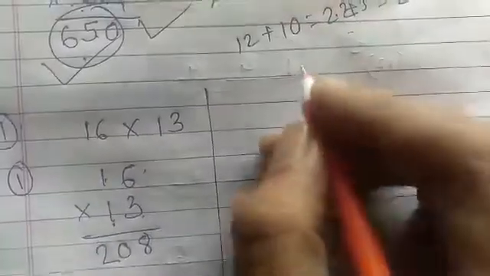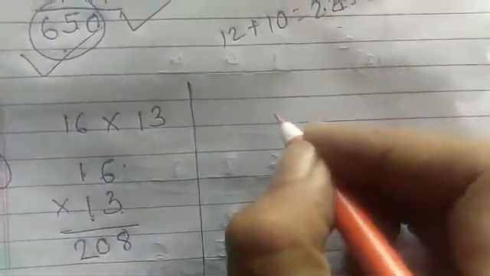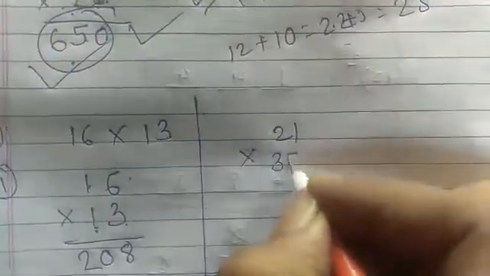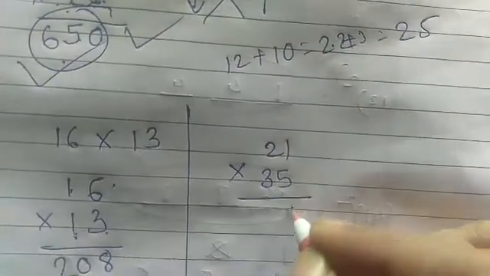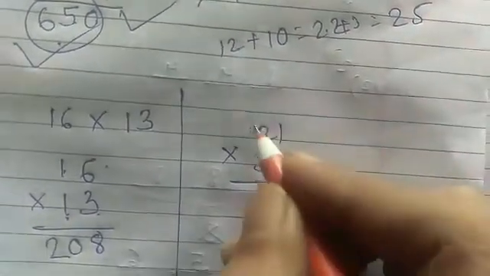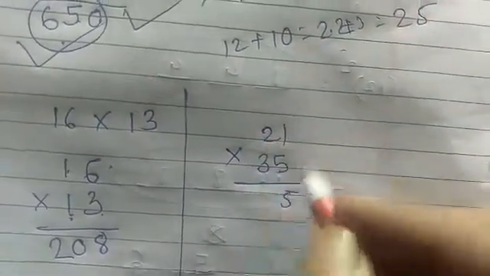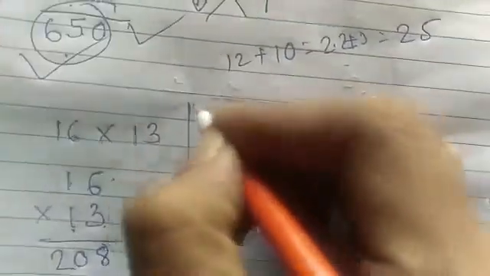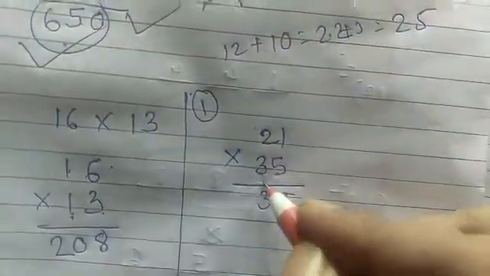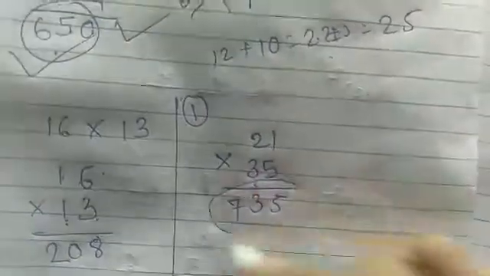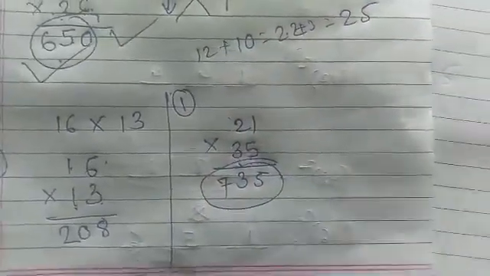In a similar way, I just wanted to show another example with smaller numbers. 21 into 35. Let's calculate this by using the same process. 5 1s are 5, 5 to the 10 and 3 1s are 3. 10 plus 3 is 13. So 3 should be written here and 1 should be carried. And 3 to the 6, 6 plus 1, 7. It's a quite easy step to make a multiplication by using this shortcut or trick.